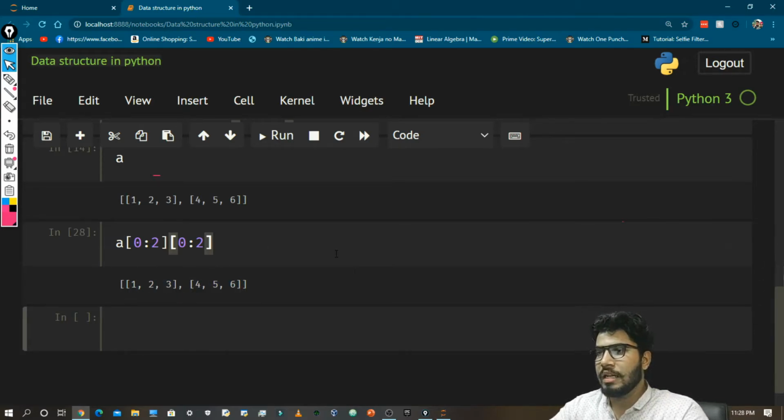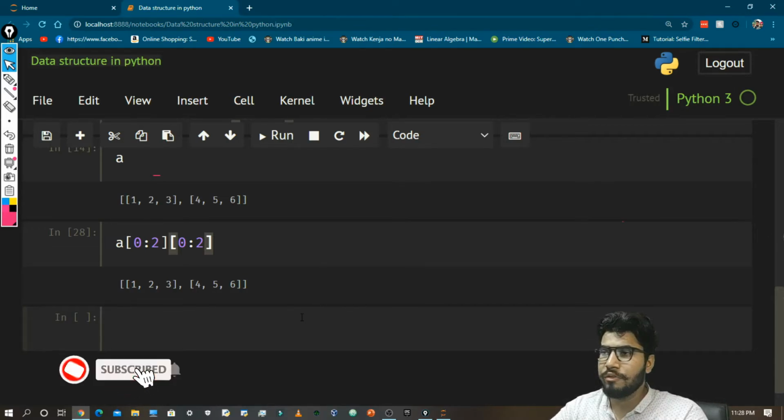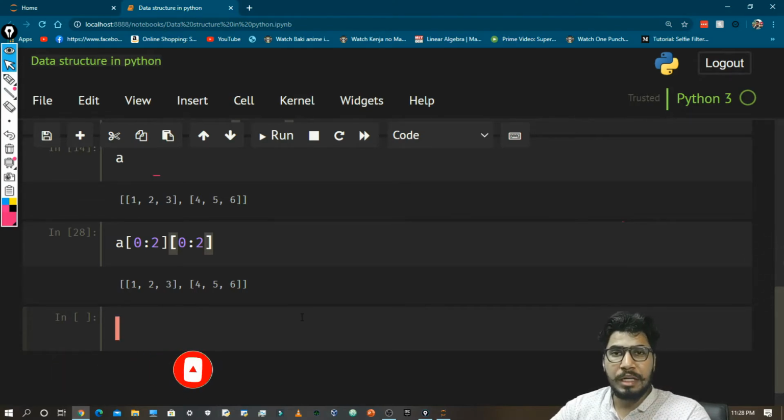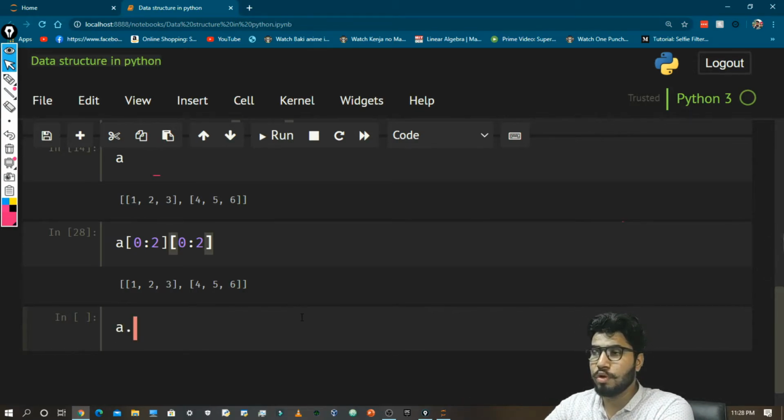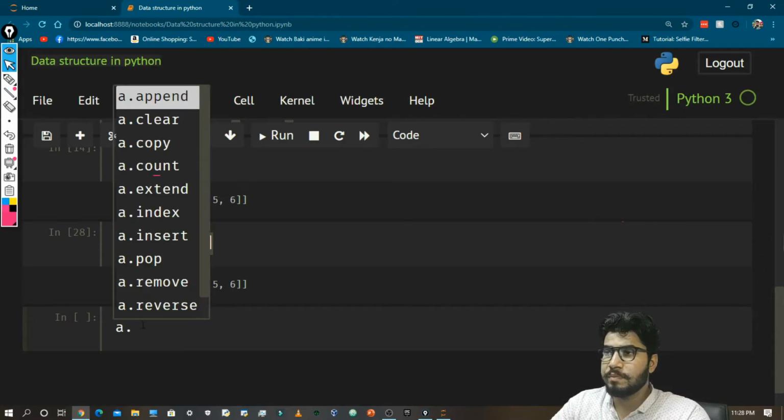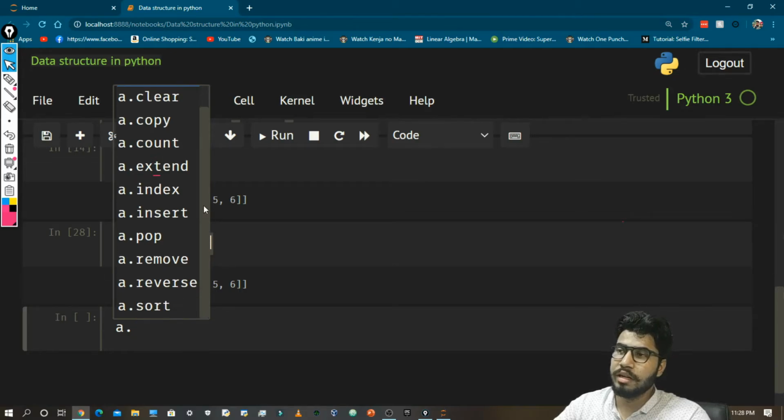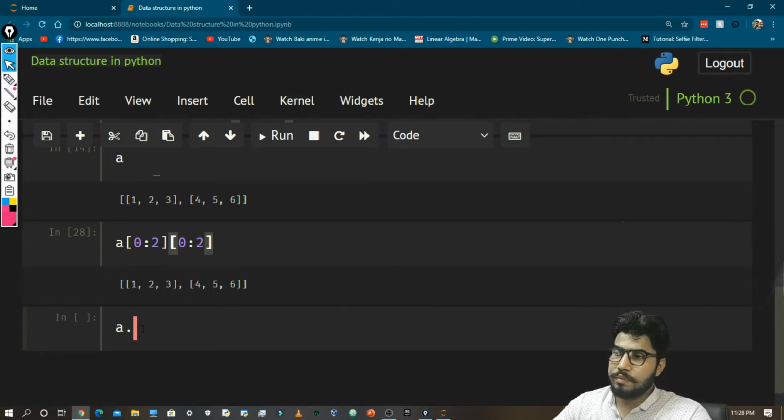Okay, so there are also many functions that you can apply on a Python list. So let's see how you can find a function if you don't know what functions are there. As I work on multiple languages, I don't always remember every function. So in Python, this is a very great thing, especially in Jupyter Notebook. What you need to do is type the variable name, then type dot, and then press the tab button. And here you will see all the functions that you can run on the list.